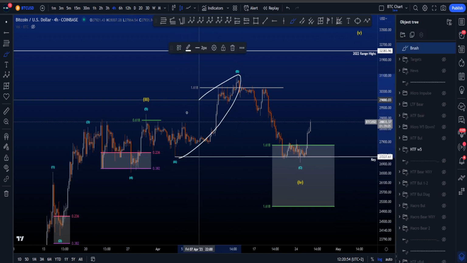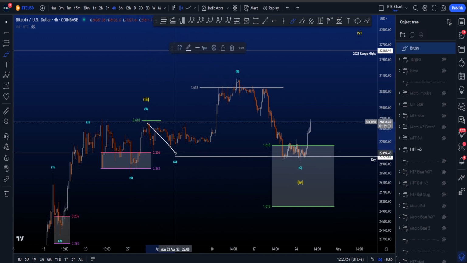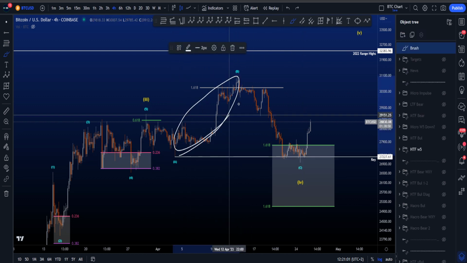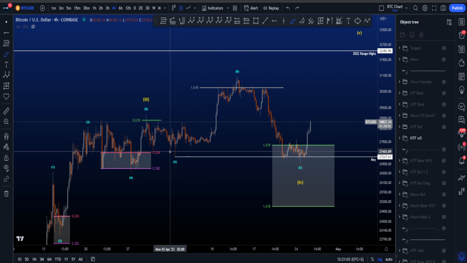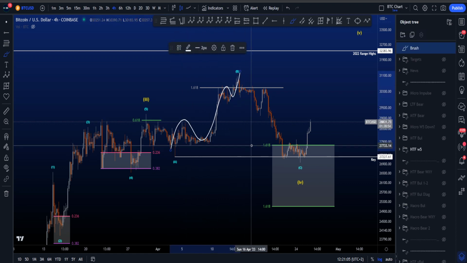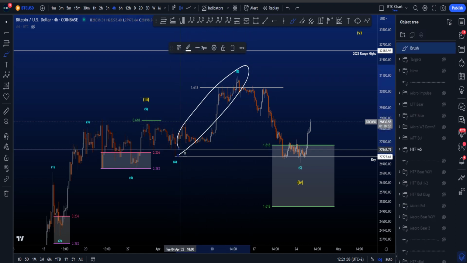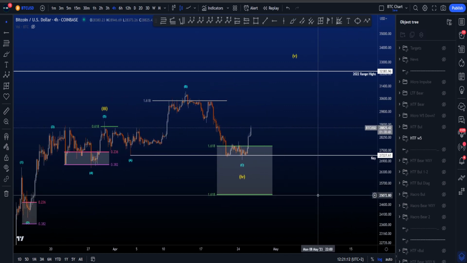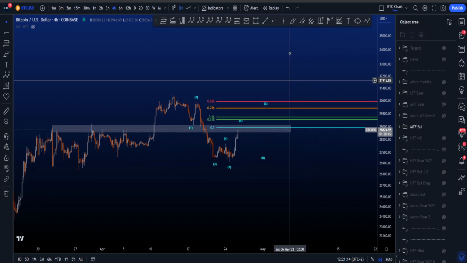And also this wave B looks a little bit weird because you're looking for a 3, 3 and then a 5-wave structure. But over here, this wave B does not really look like a 3-wave structure, right? It looks more like a 5-wave structure. It has to be a 3-wave structure in this scenario. So that is also why I have another scenario that I'd like to show you, where in this scenario, this